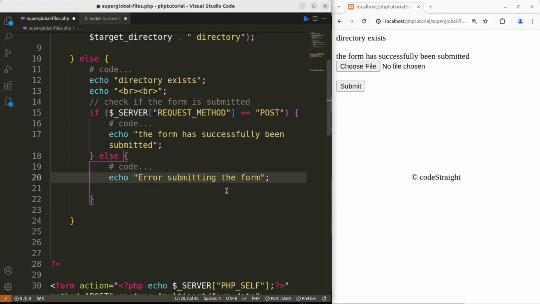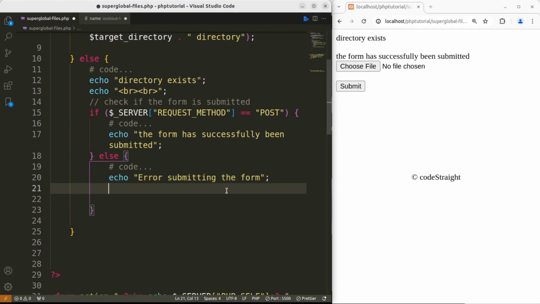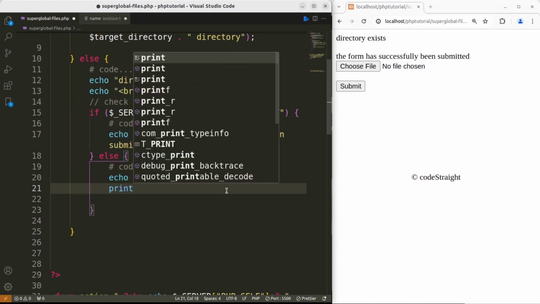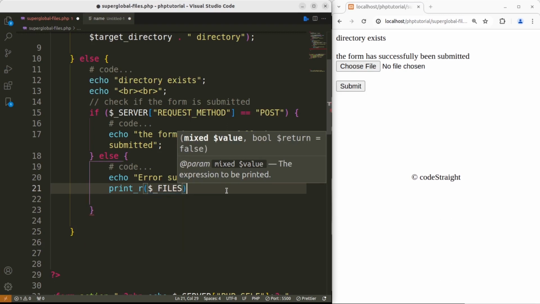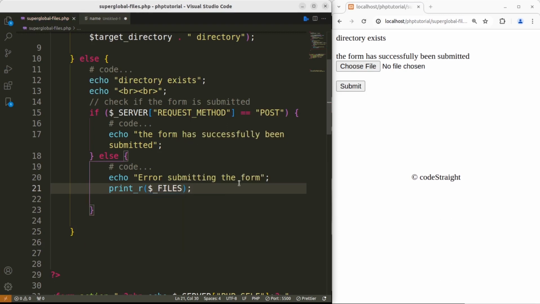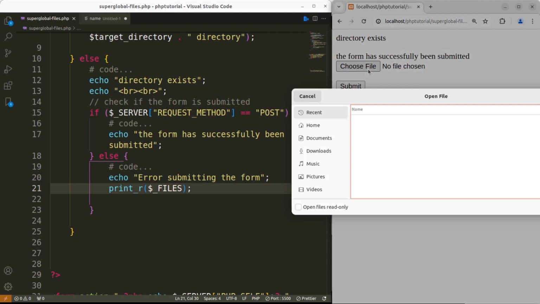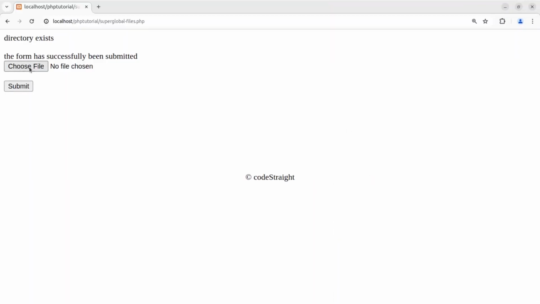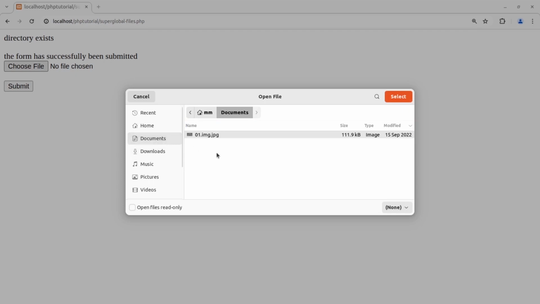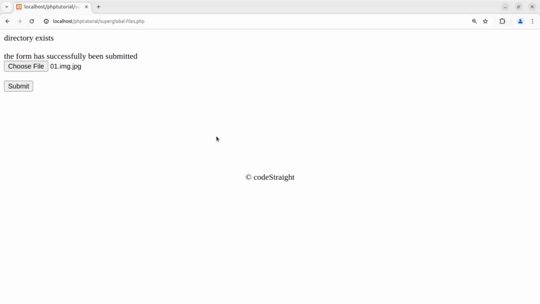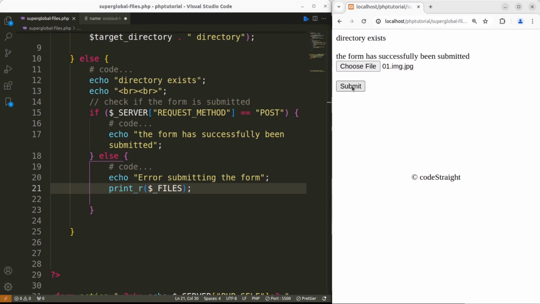Before we move on, let me show you what keys we have in the $_FILES superglobal. With the help of the print_r function, let's pass $_FILES as an argument and hit save. We don't get anything because we haven't chosen any file. Let's maximize our browser, click on this choose file button and go to downloads or documents. Let's select this file for now, and as you select the file, it shows the name of the file. Let me resize the browser, and as I hit submit,